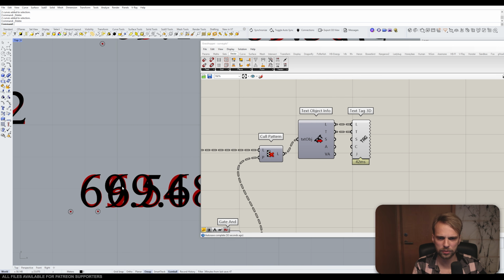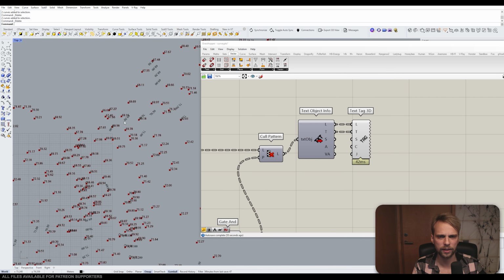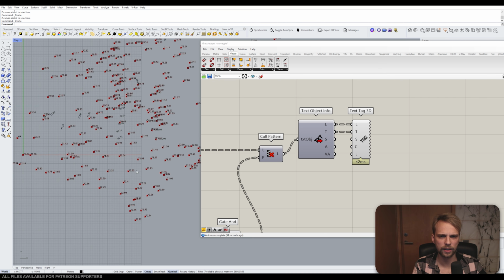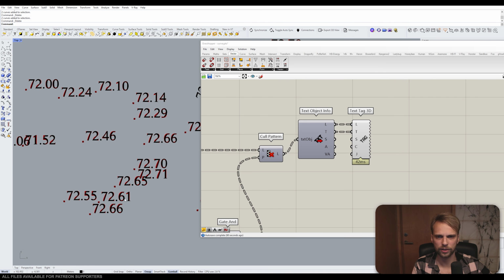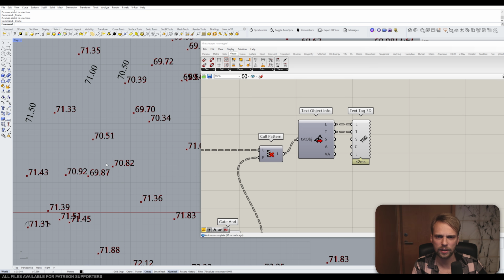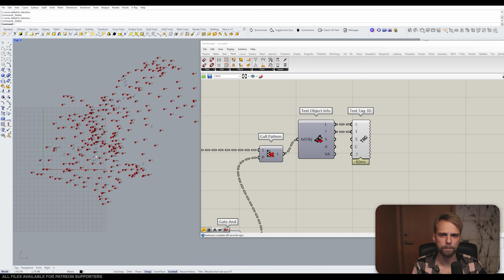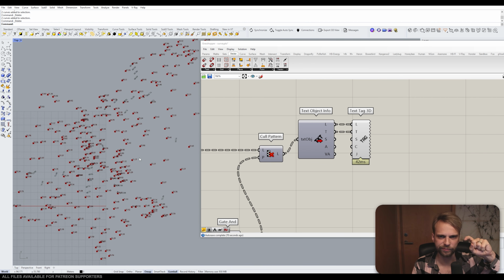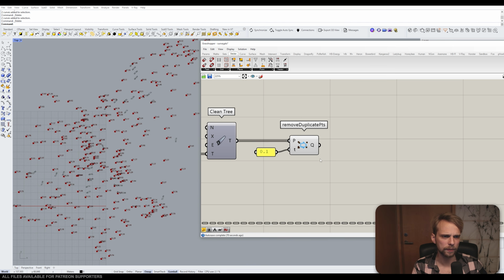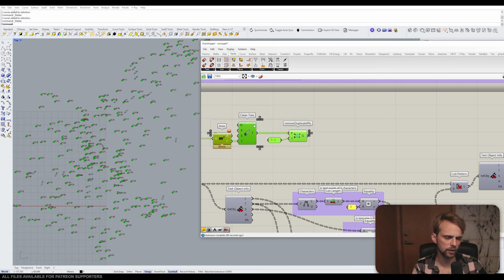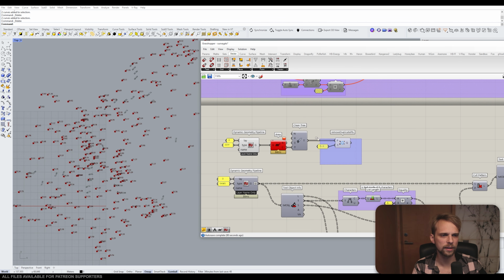I will just go around really quickly. What is that? Don't care. Just checking if there are any clusters of points that I don't want to see. No, it seems fine. So that was the only instance where manual work was required. Okay, so we removed duplicate points, and I believe this should be okay. This is now a clean